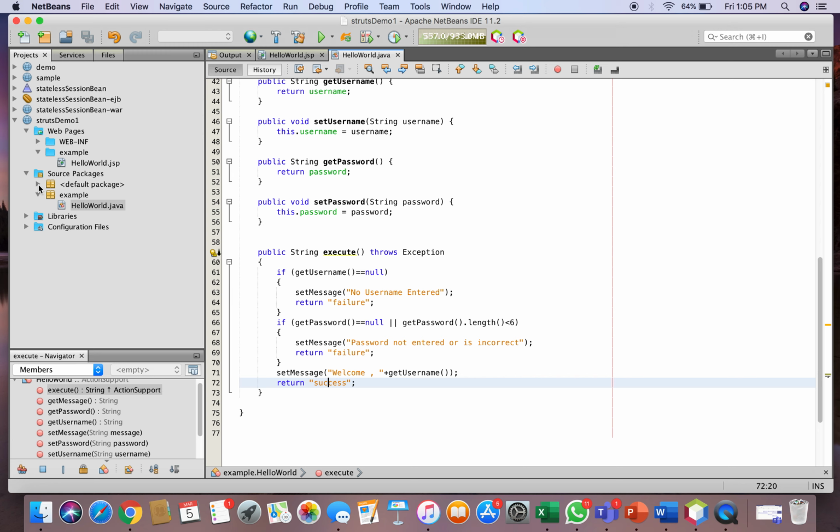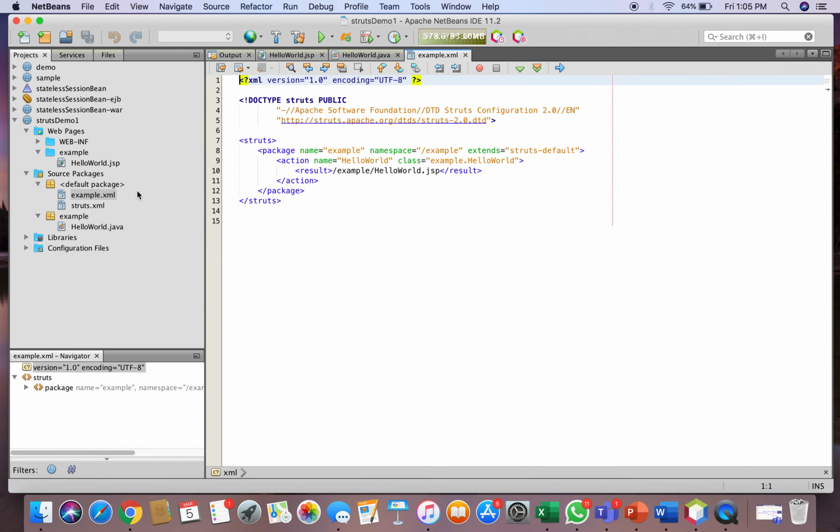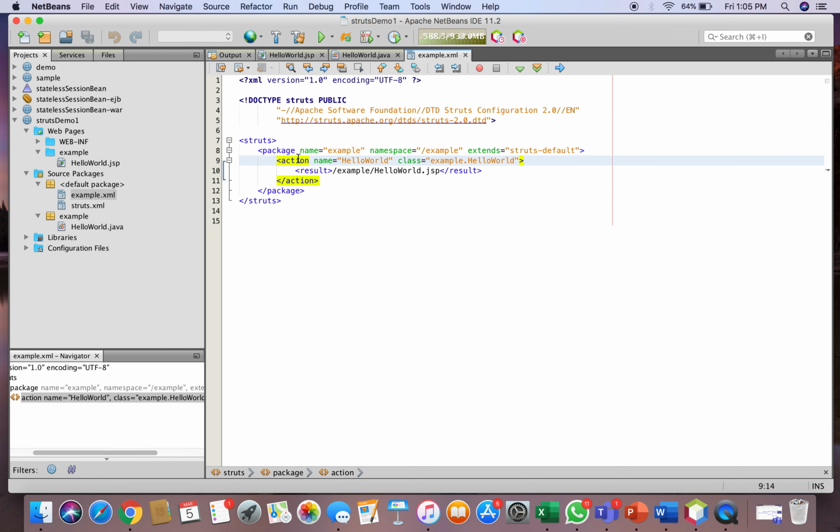Now the second part is that we have to change our example.xml, which says that we have a package name. You have to give the name of the package, and it should extend the struts-default package. The action which is to be taken is named HelloWorld, because that is the name of our file.